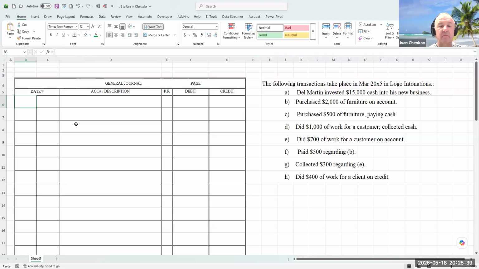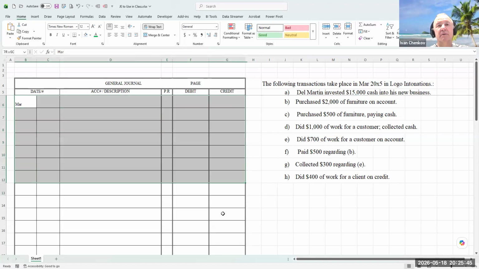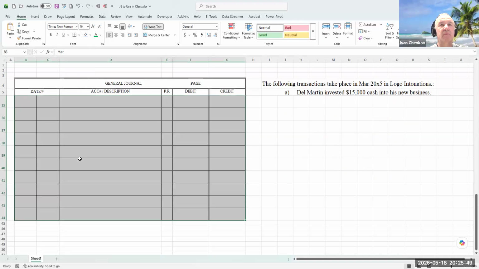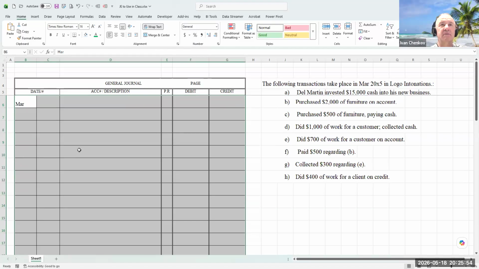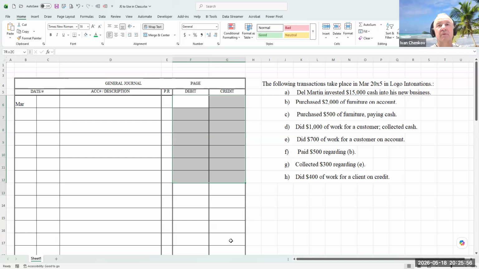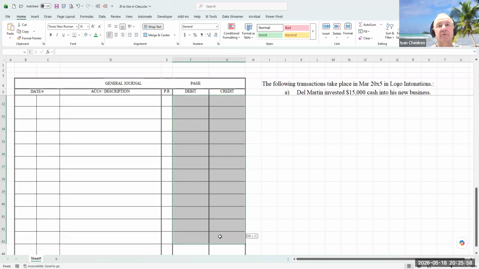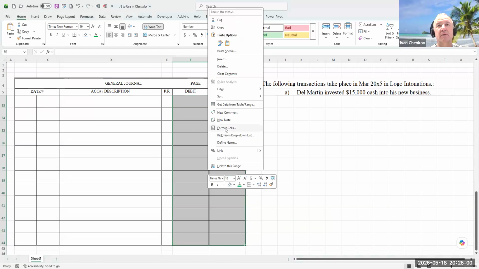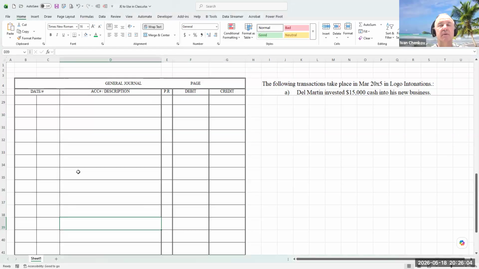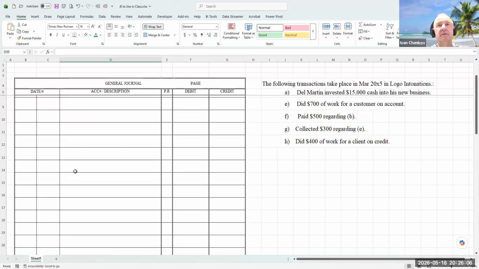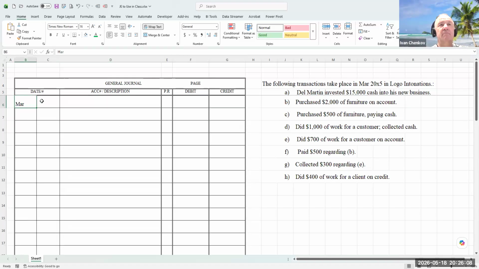Everything takes place in March. Let's go with March. Let me make it a little bit bigger. Let me make some adjustments on this sheet because obviously that's too small. I want you to be able to see it. Let's see if 16 is going to work. Yes, 16 works great. Those two columns I want to work as numbers. They are actually set as numbers, so all the setup is done. You can increase the font, or you can stay with the same font. March here,